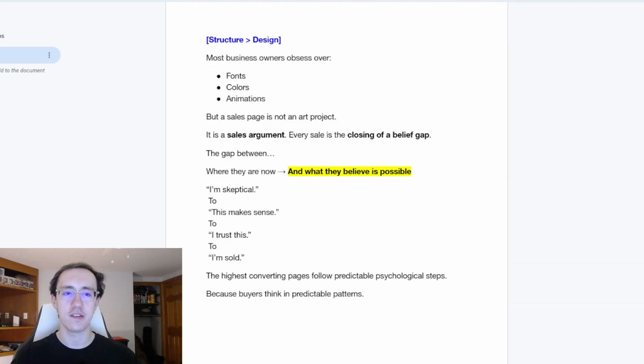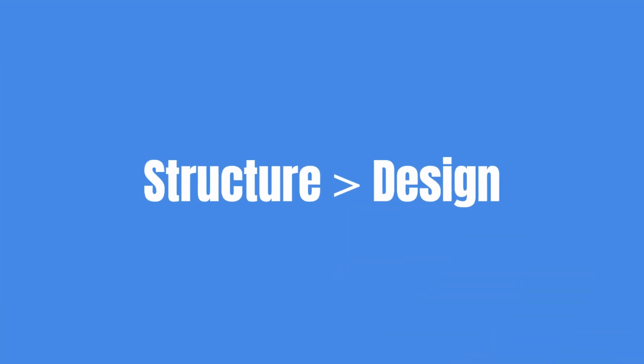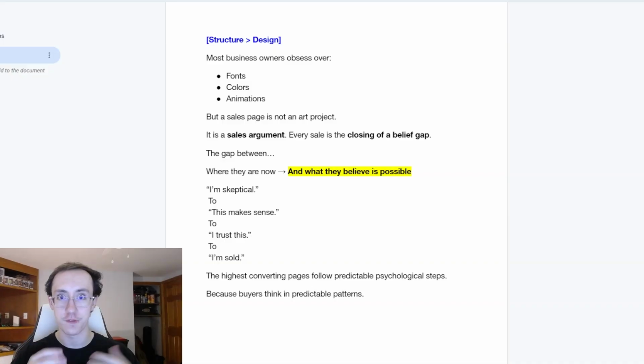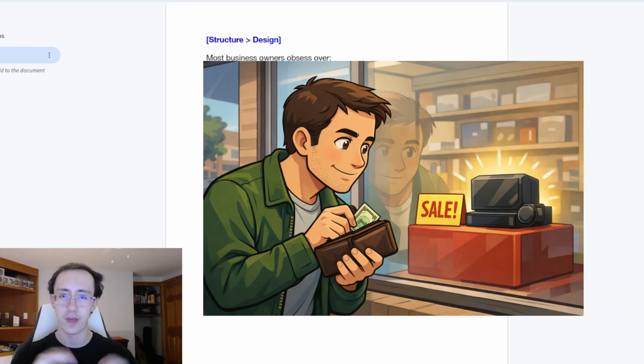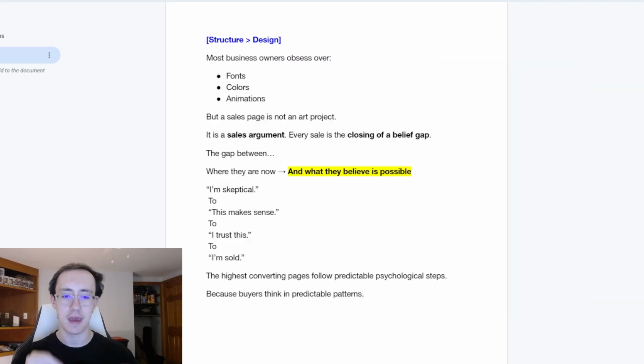So the first thing we need to talk about is that structure is always more important than design. A lot of business owners tend to obsess over fonts, colors, and animations, but sales is not art, right? It is an argument. And every time you sell something, you're just closing a belief gap. That's the gap between where your customer is right now and what they believe is possible by buying your product, signing with your company, buying your course, whatever it is. From, I'm skeptical, to, okay, this makes sense, to, okay, I trust this company, and then to, okay, I'm sold, how do I buy? The best website pages always follow predictable psychological steps because us as human buyers think in